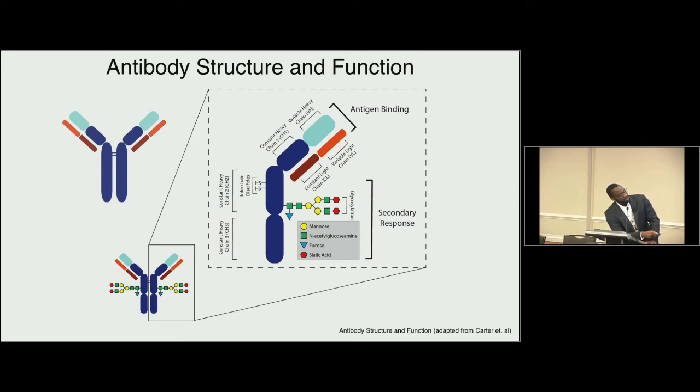Your antigen binding domain is a combination of the variable chain at the tip of the antibody and the variable chain on the light chain of the antibody. So you have a variable chain at the tip, a constant region for your heavy chain, a variable chain at the tip of your light chain, and a constant region of your light chain. Something that will be important as we go through this talk